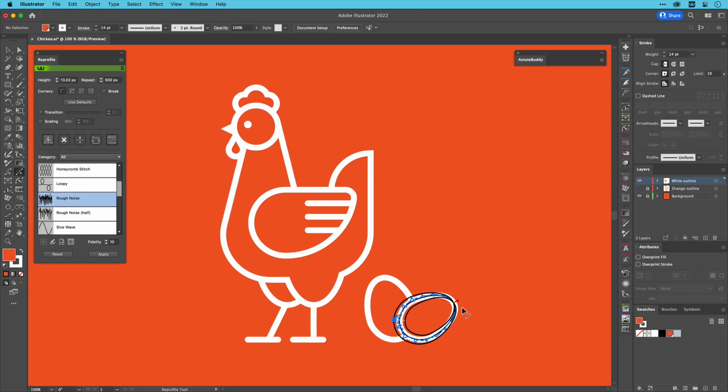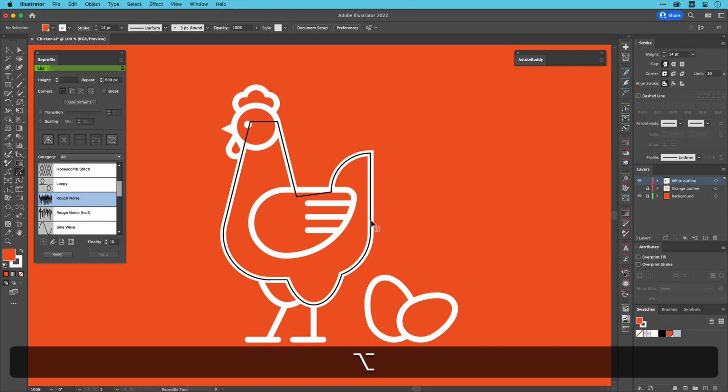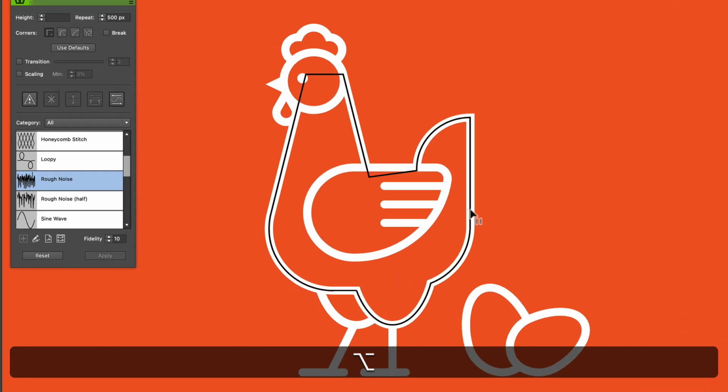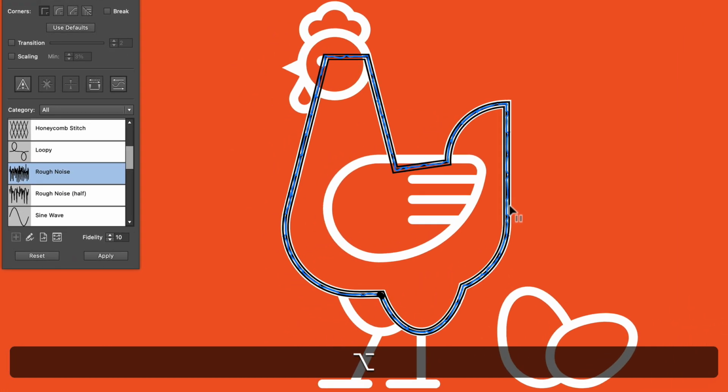The second method is looped mode, which will be familiar to Reform tool users. It can be used on all closed paths. It is activated when starting a reprofile operation on a path and the Option or Alt key modifier is held down whilst the mouse is dragging out the offset.